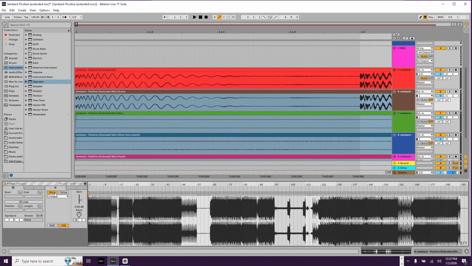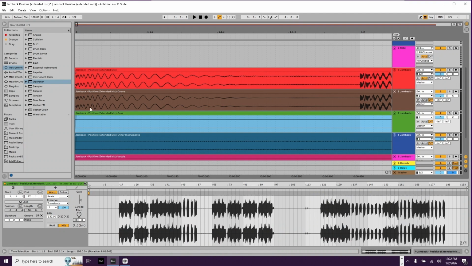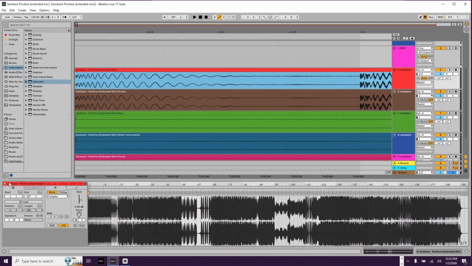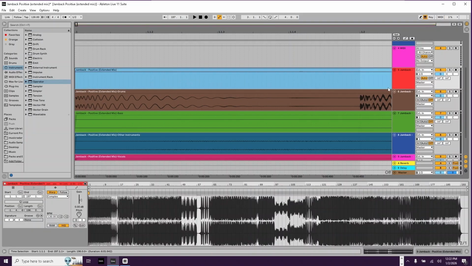I'm going to turn on Warp. And I'm going to change my engine, which is default Complex, to Beats. Complex is a good engine for most things that are not the exact tempo that we're working in, but I already changed it, right? Control S. Now, this guy here, I'm going to turn that clip off, and I'm going to turn this entire